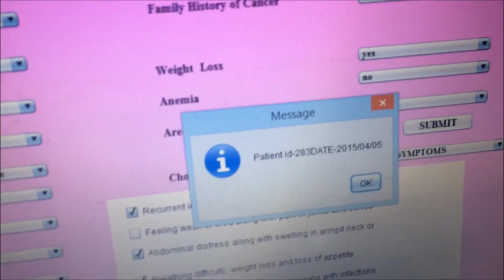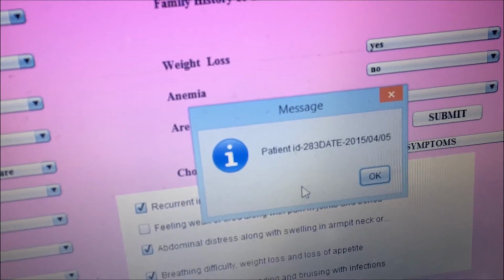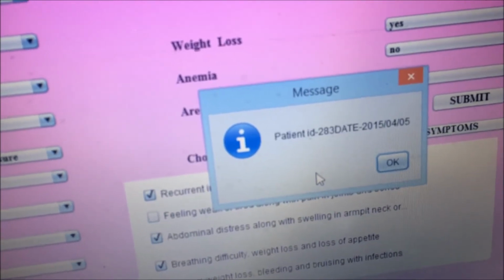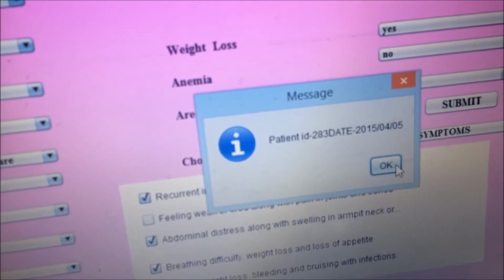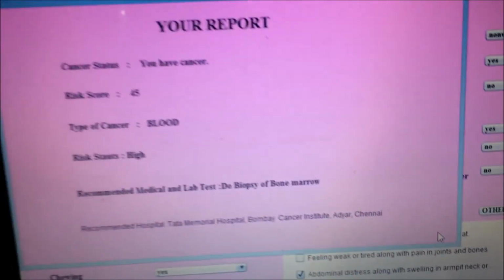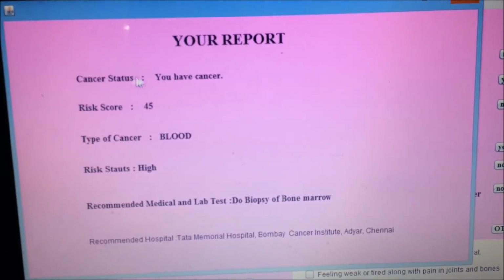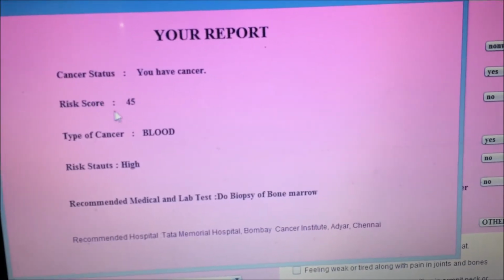By clicking on the risk score, it will generate an ID. It is a specific ID that you can have. So just note down the ID, click OK, then it will generate your report. That is, the cancer status is you have cancer and the risk score is 45.